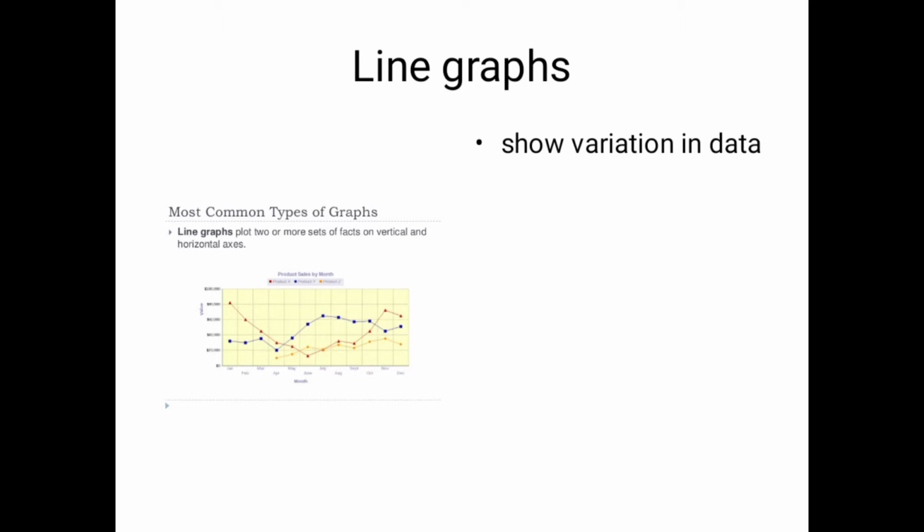So there are so many graphs and charts. Let us see some of them. This is a line graph. Line graph, most of the time we see on TV, shows the comparison or variation of different data presented. Variation means difference. If there are two items, how they vary, how they differ. Suppose there is a match between India and Australia, it will show how the run rate is increasing or decreasing. That can be shown in a graph.